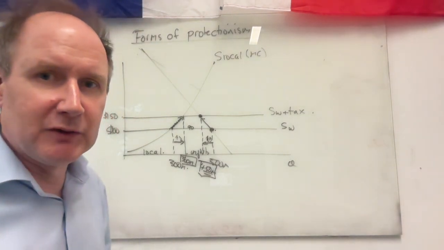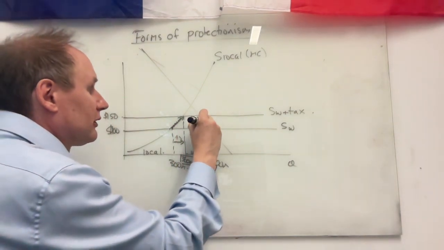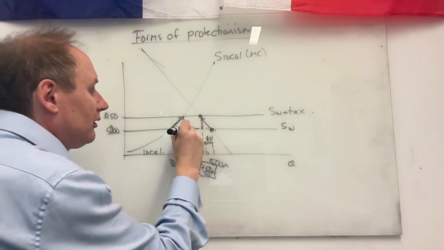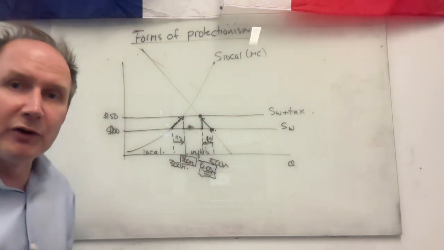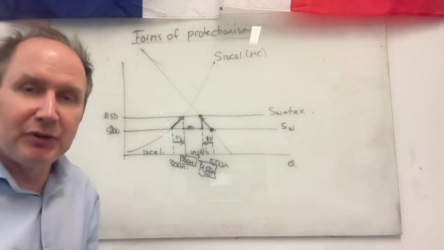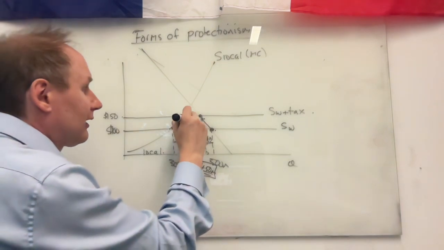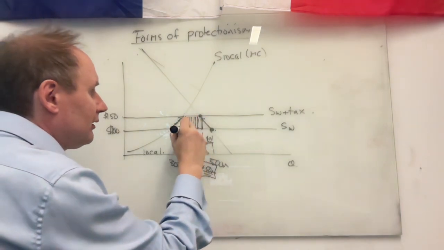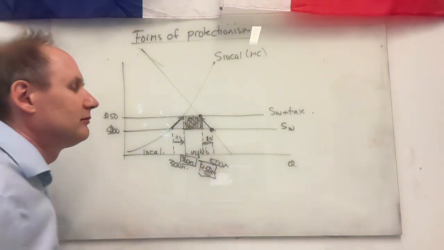We can show a variety of things. The first thing we can say is, well, look, there's a tax of $50. There are still 90 million units of imports. So every one of those units of imports has to pay $50 of tax to the local government. So that area there, 90 million units times $50, that's the tax revenue for the government.